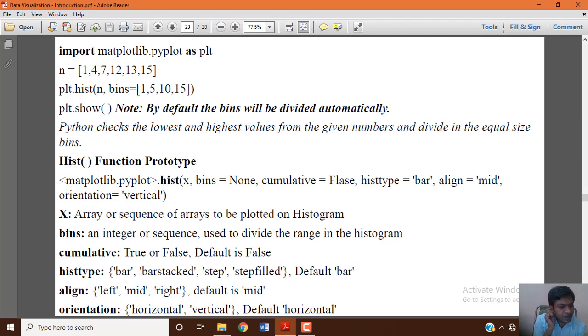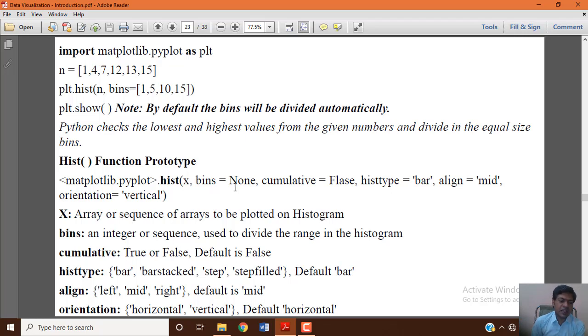So this is the function with which we can generate a histogram, and the prototype shows the different parameters this hist function takes. Matplotlib dot pyplot dot hist is the function we use, and the parameters are x, that is the data set, the set of numbers, and bins equal to None by default.